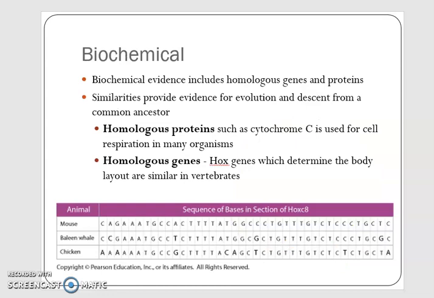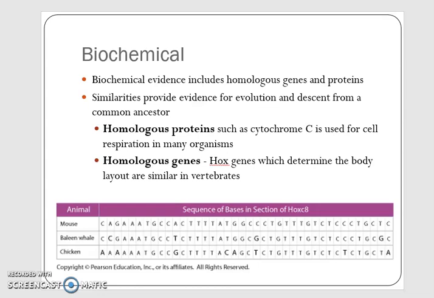This is including homologous genes and proteins, and these are similarities in genes and proteins that help us to relate to common ancestors. We looked at this before and talked about how if the gene sequences are closer to one another, then it provides more evidence that those organisms are more closely related. Examples would be homologous proteins, like a protein called cytochrome C. It's going to be used for cell respiration in many organisms. So cell respiration is essential for making energy, and so it makes sense that this would be something that all